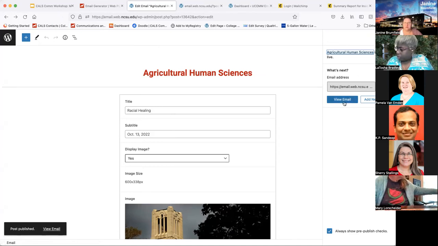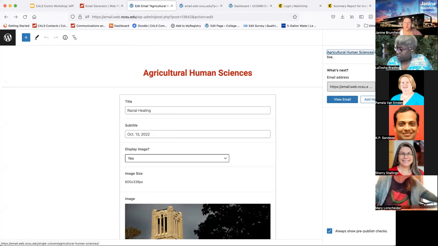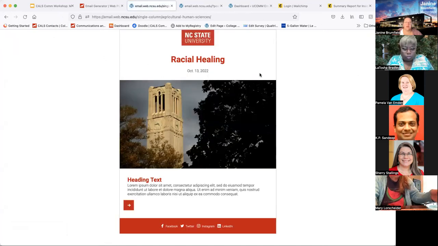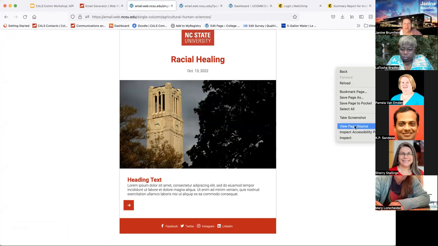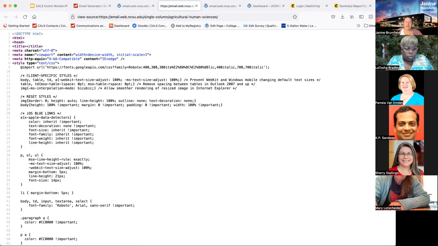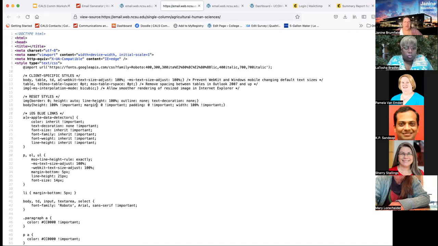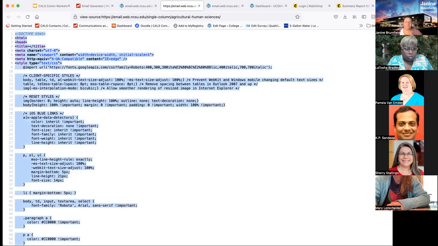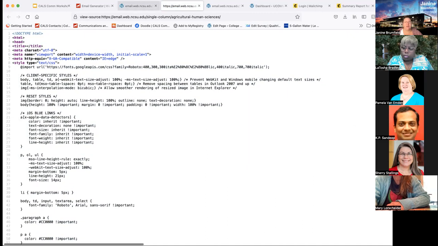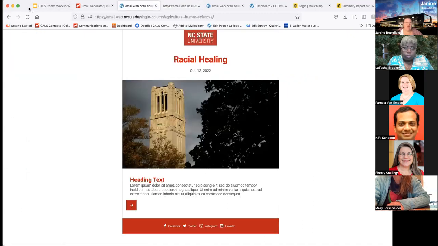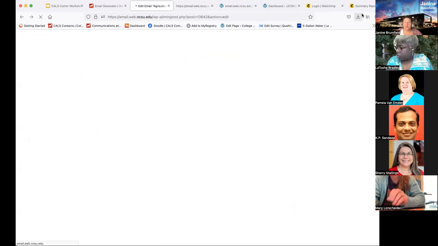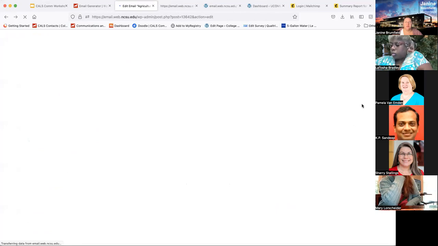So I had been doing a right click and a view page source at one point, and then copying all this information and then dropping this into the code your own spot in Mailchimp. And I think that's still a viable option, but there's also a place in the email generator